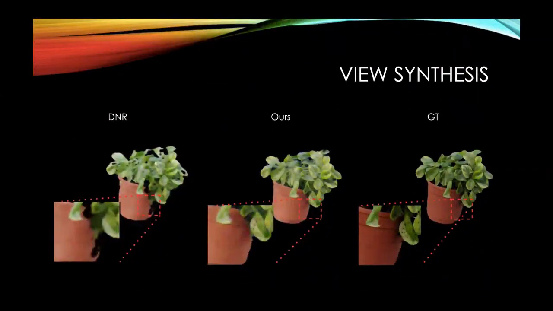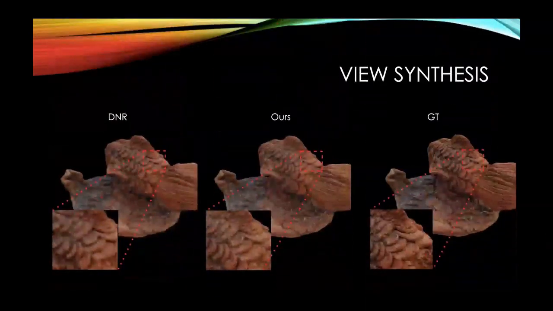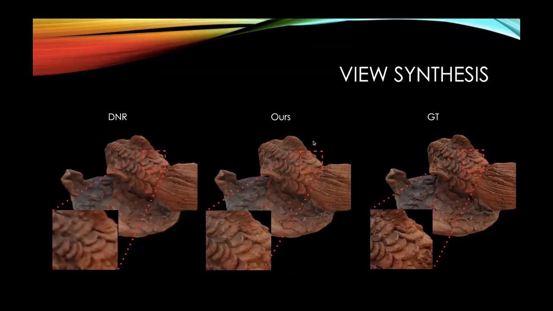We further compare with real scenes captured. In this scene, the plant scene was captured with around 100 images, and we observe that it even performs better than DNR, with the leaves being fairly complex. And our results are at par with the ground truth. We compare this on a flat cushion surface with a fairly simple light and geometry, as well as on this fish scene. You can see that the results are slightly blurry with deferred neural rendering, but ours are giving high visual quality.